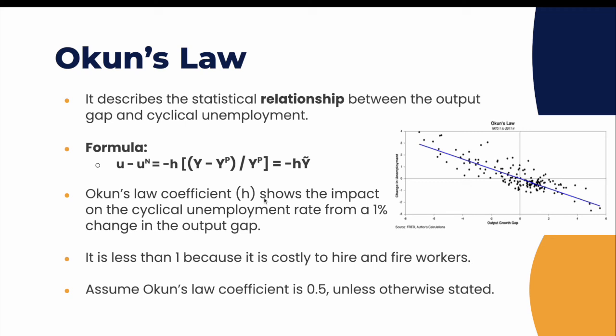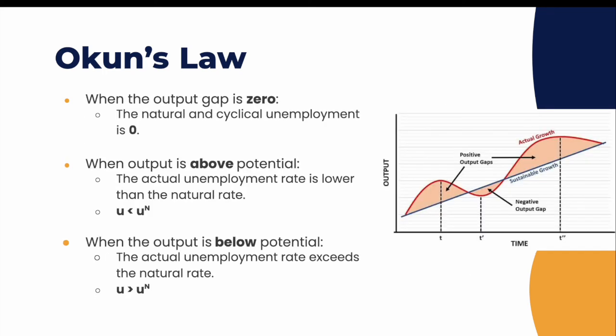Now, Okun's law coefficient, it shows the impact on the cyclical unemployment rate from a 1% change in the output gap. It is less than 1 because it is costly to hire and fire workers, which makes sense. And then, unless otherwise stated, we assume that Okun's law coefficient is 0.5. So now let's talk about Okun's law through an example,